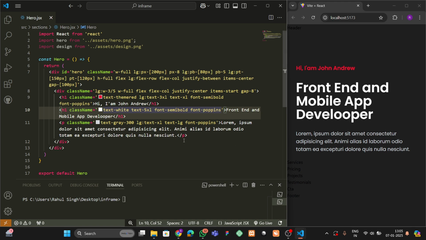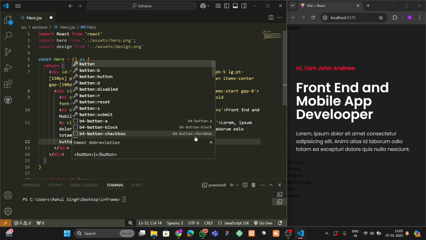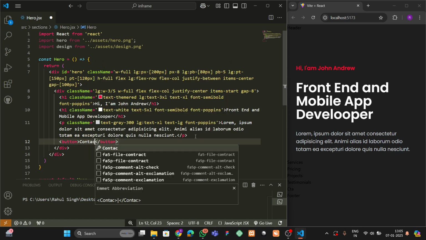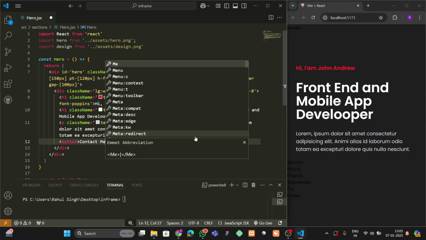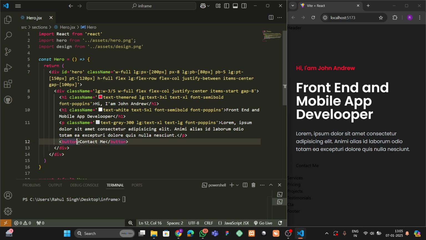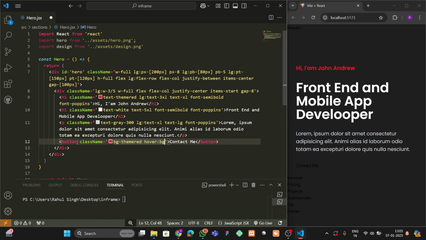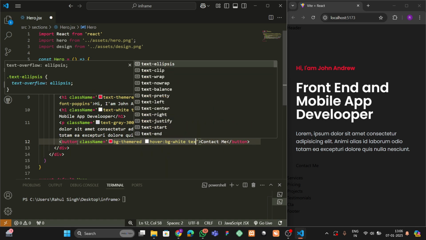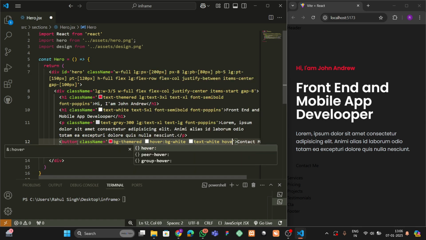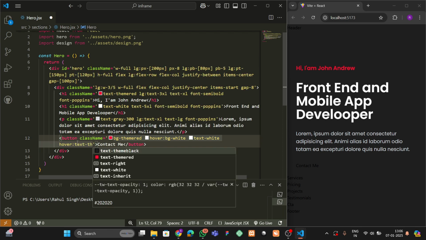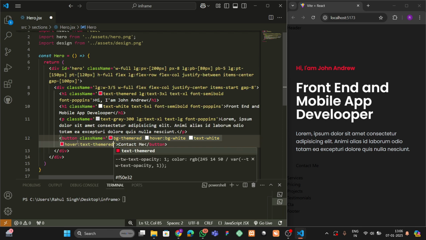So you can follow along with me like this, and let's add a button. So the button will say... okay, so here I'm gonna write BG theme red, hover BG white, and text would be white, and when we hover text would be theme red,